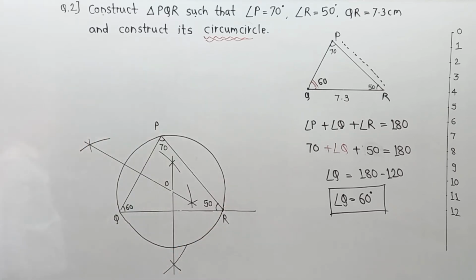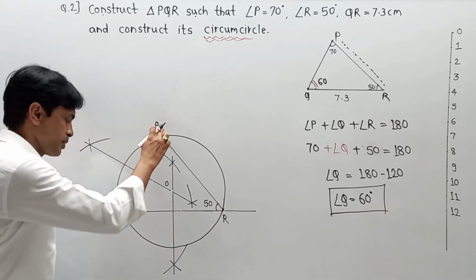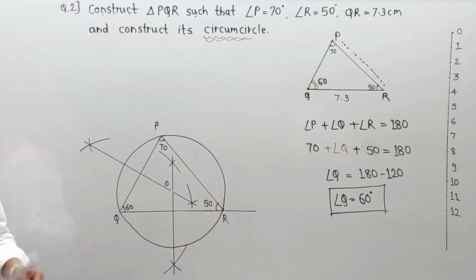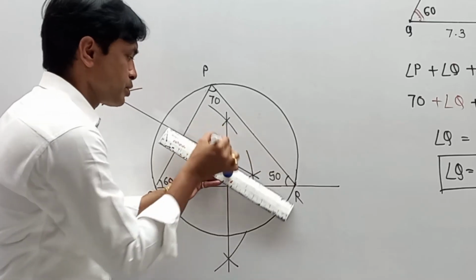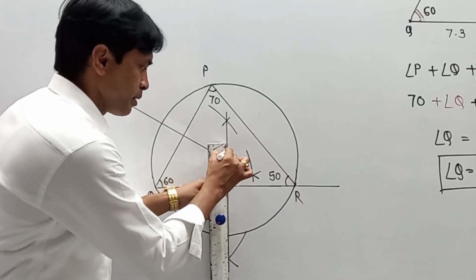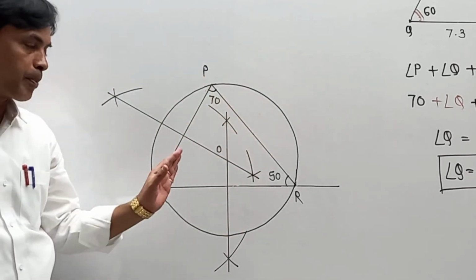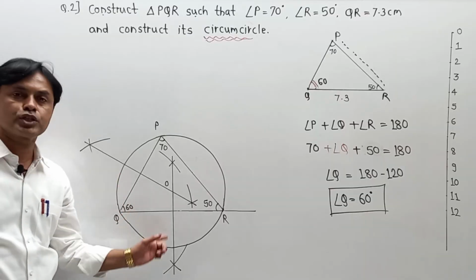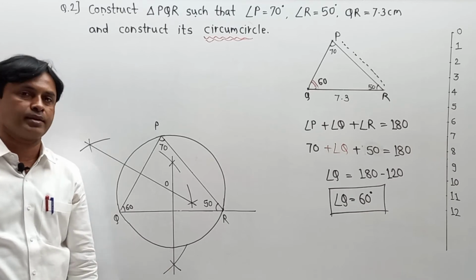and in this way we have completed the circumcircle, which passes through vertices P as well as Q as well as R. Remember students, please take proper precautions. No doubt I am drawing it on a board, so the scale is not that perfect, but definitely when you draw it in your notebook, you will get proper scales and proper measurements. So do it very consciously, because all this process that we have completed in 9th standard, we totally require in standard 10th.